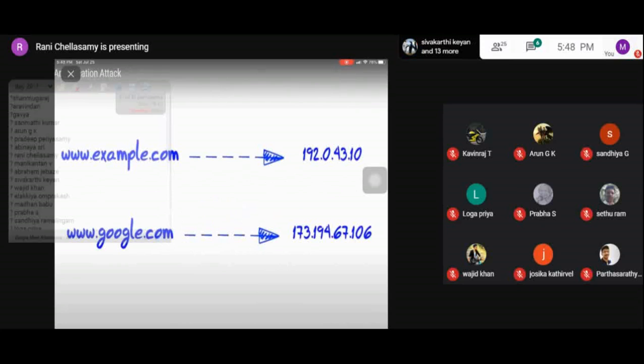Okay. So here you can see, this is called a domain name. Example.com is the domain name. So for the corresponding domain name, the IP address is 192.0.43.10. Okay. Similarly, for the google.com domain, the IP address is given.